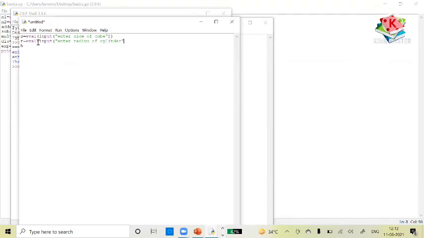Okay, so let's copy it again to get the height also. Control C and Control V, and here we will change that. Now you are going to get the height. Once we are done with the input, we have to do the calculations. So for the cube's area, suppose I am going to store, it's not area actually, it's a volume. So let's call it VOLCUBE, which specifies that you are going to calculate the volume of cube.